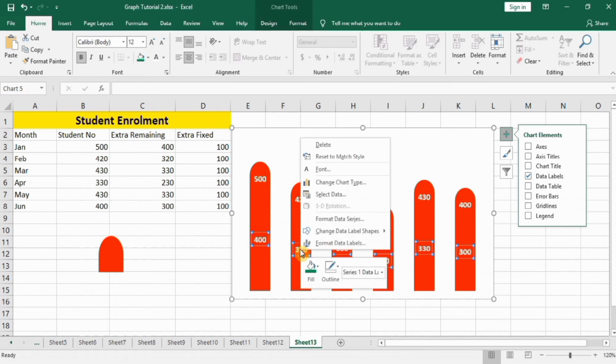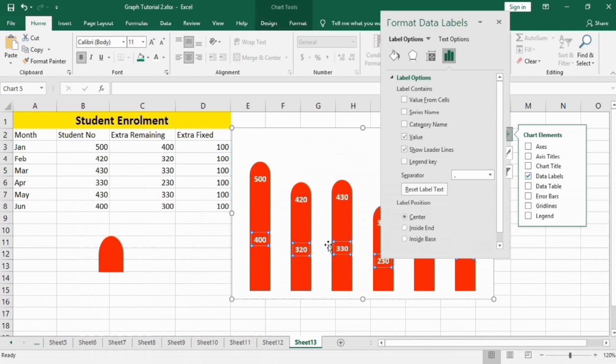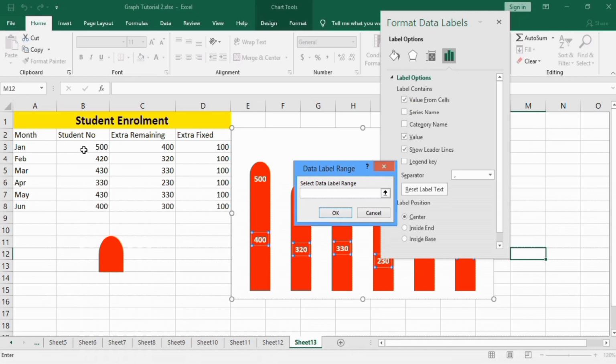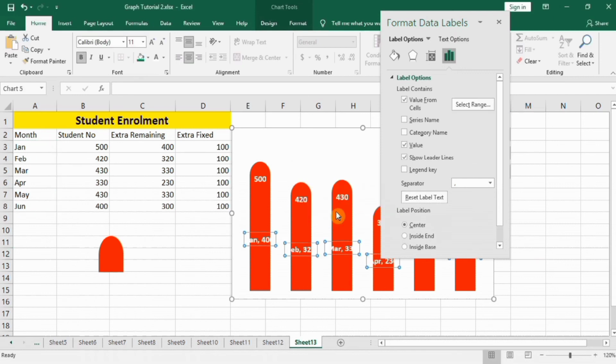Now right click, Format Data Labels and Values from Cells. Select these cells, press OK, uncheck this value option and close this one.